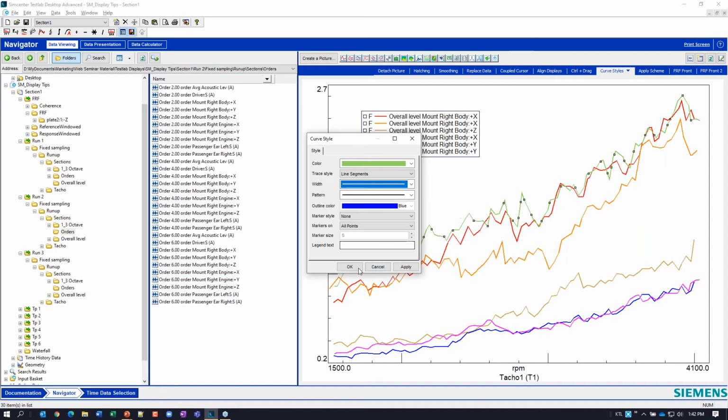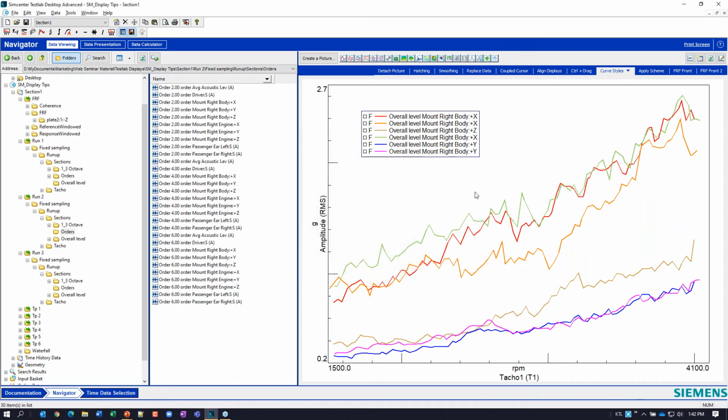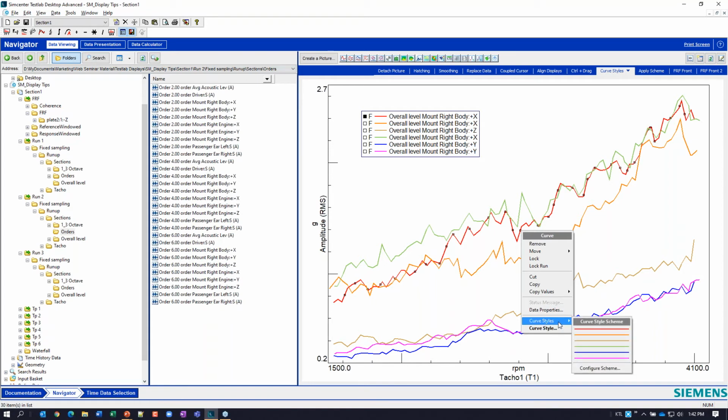And maybe that's how I created this. But now that I've got it done, I say, man, I really like this order where it goes red, orange, tan, then green, then blue, then purple, a rainbow color order. Without ever having to recreate this, I can now apply this curve property schema over and over. I'll show you. If I right click on that curve and go to curve styles, the way that I've got them set up is already shown here.